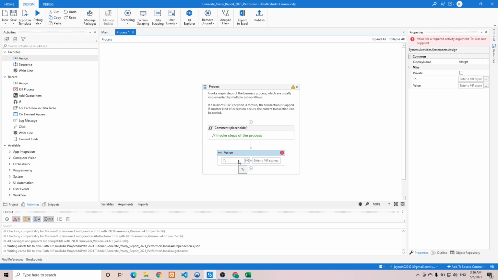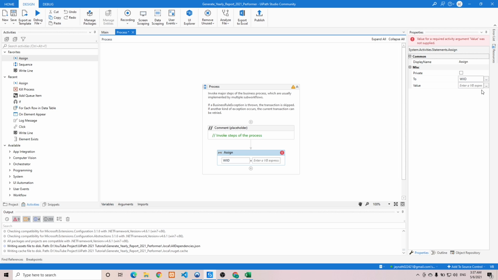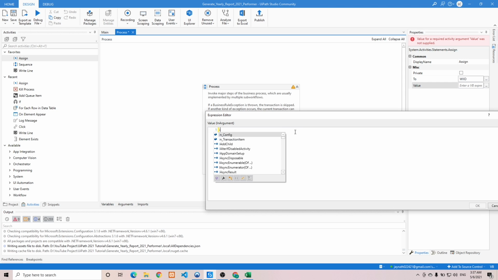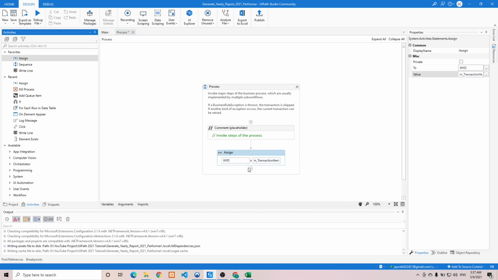And it says here that we need to create a variable named WIID. Should be a string type. Yep. And it should be equal to InTransactionItem.SpecificContent("WIID").ToString, and hit OK. And then after that,